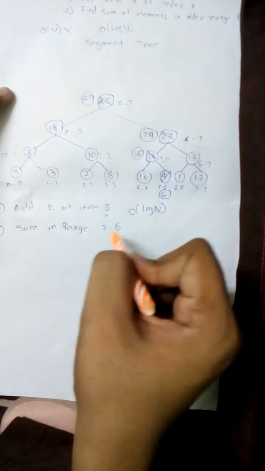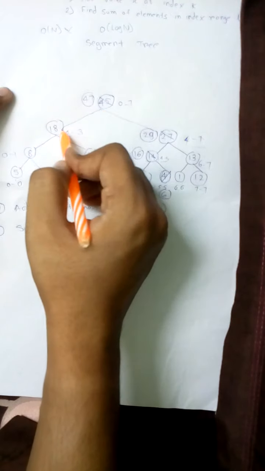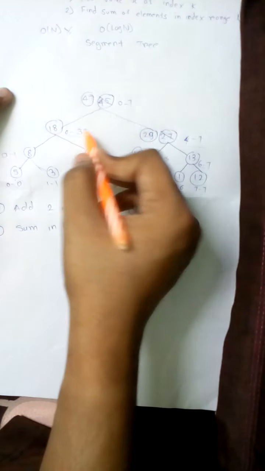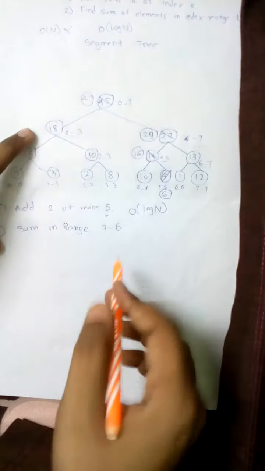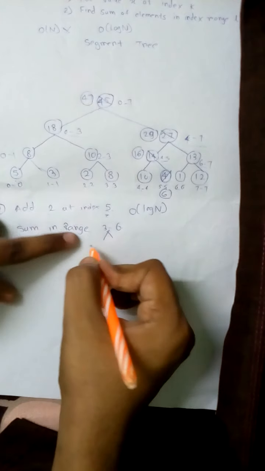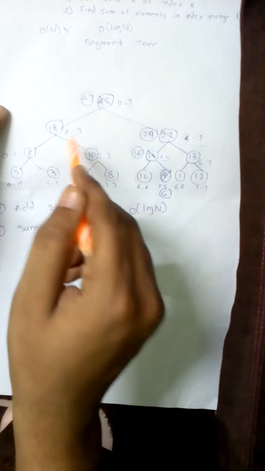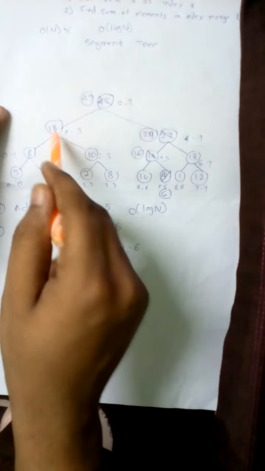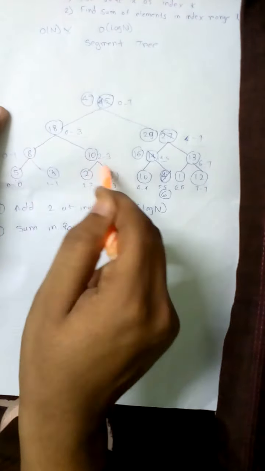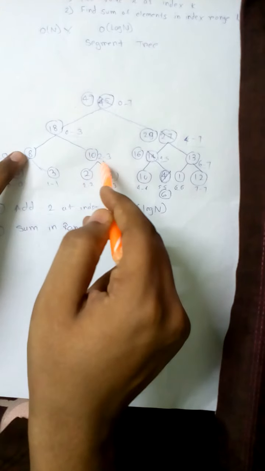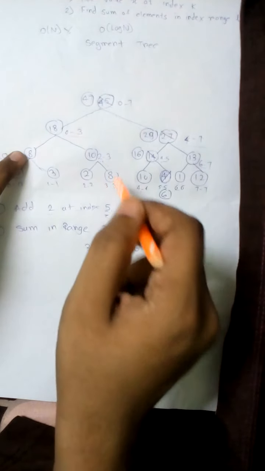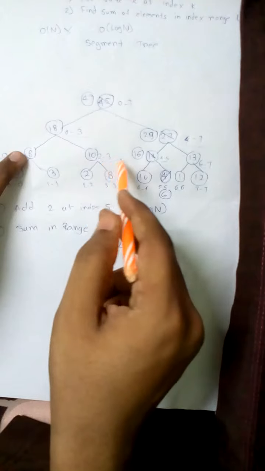Now when we go to the left node, we will get the sum from 3 to 3. So basically this query will divide into a left subtree query and a right subtree query. The right subtree query will be 4 to 6 and the left will be 3 to 3. When we come to this node, we check whether the 3 to 3 range lies in this range or this range. 0 to 1 is not overlapping, so we won't go here, we will directly go to this place. 2 to 3, so our query 3 3 is overlapping with this, then we will go for its children.